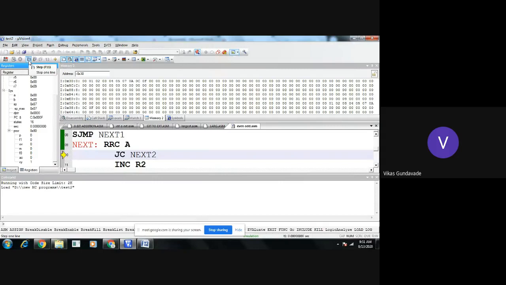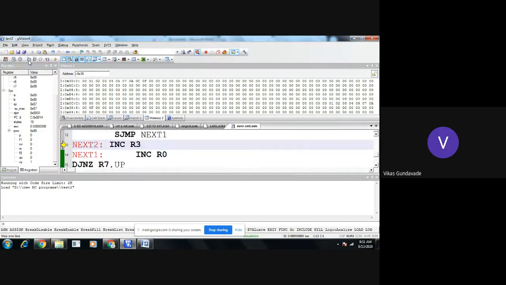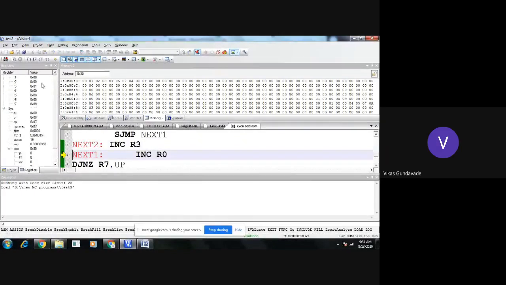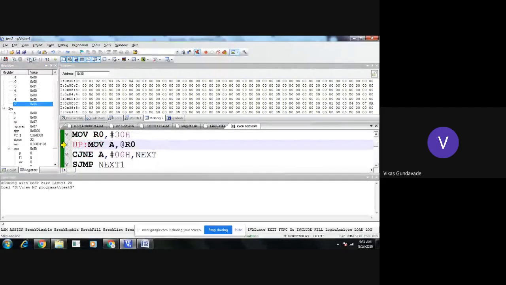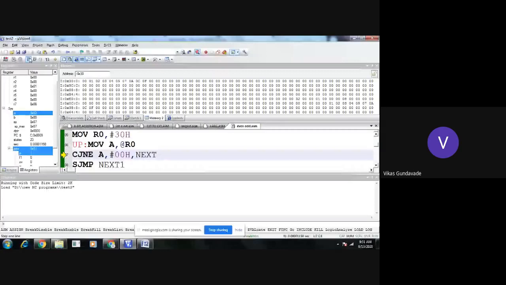Now after shifting to the carry bit, we will check whether the carry is generated or not. Now the carry is generated, so here it will increment R3. Now see here, the contents of R3 become 1. Okay, R3 becomes 1. Now after that, decrementing R7, again comparing. Here again 02 came into the accumulator, compared with 00.